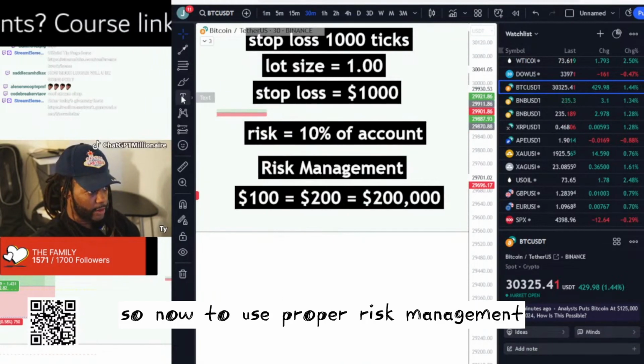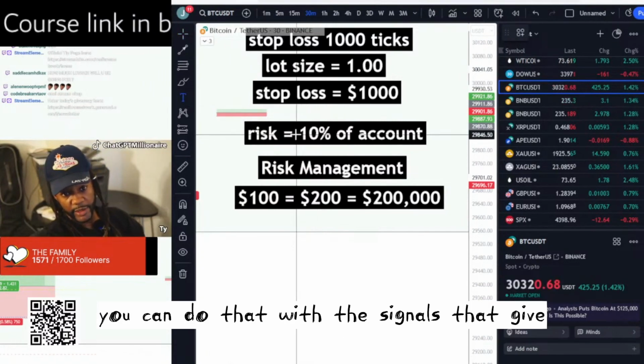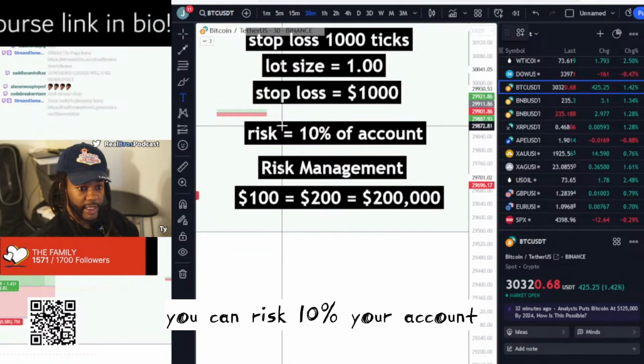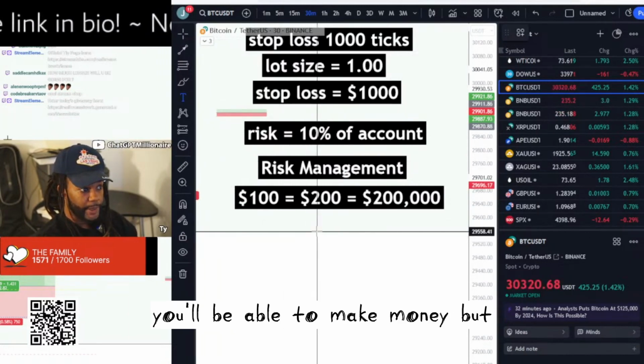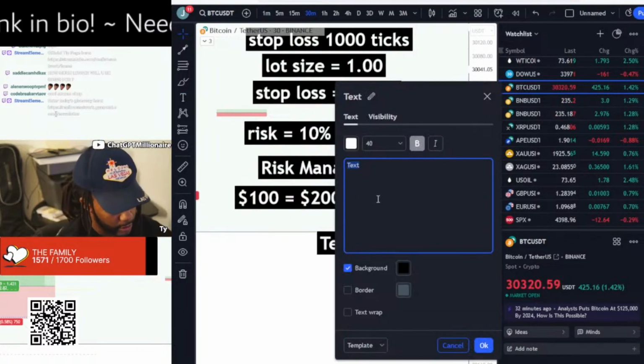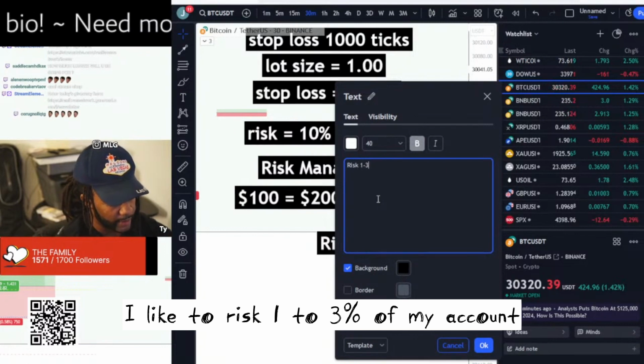So now, to use proper risk management, you don't want to risk 10% of your account per trade. You can do that with the signals it gives. You can risk 10% of your account and you'll be able to grow your account. You'll be able to make money. But I like to risk 1 to 3% of my account